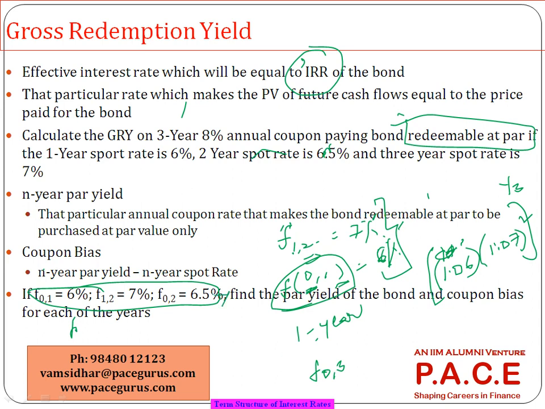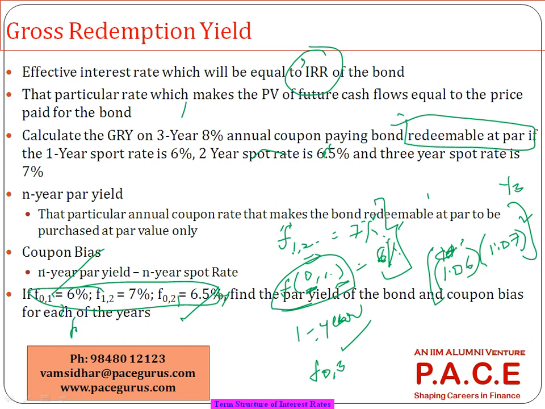So we already have F0,2, F0,1, and now we are deriving F0,3. You can make the computations exactly on the same lines as we have done right now itself. So there should be some level of comfort in terms of